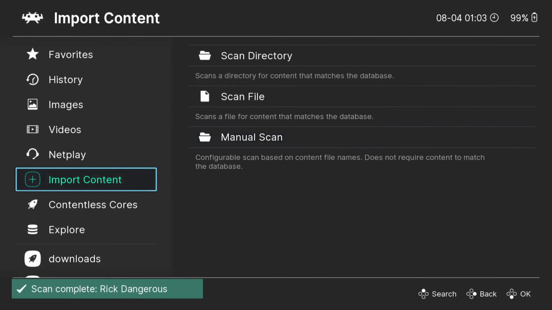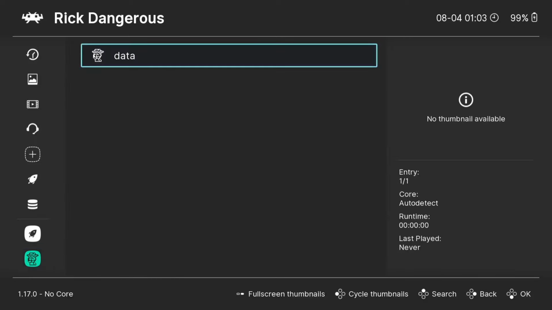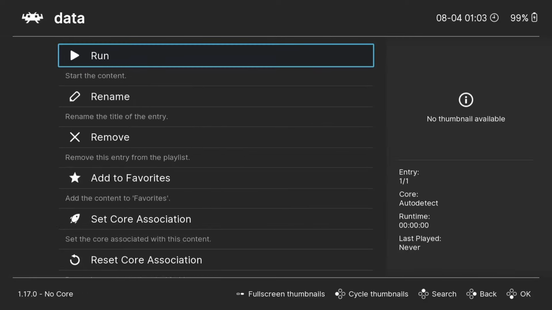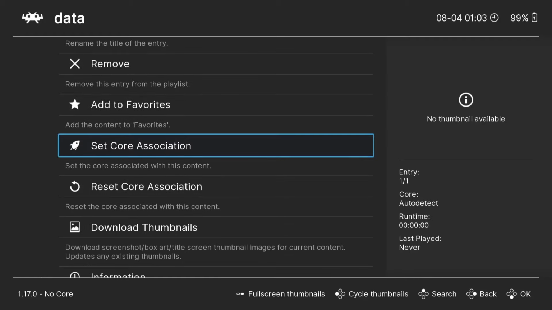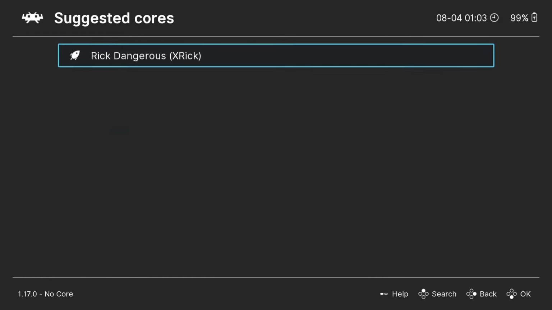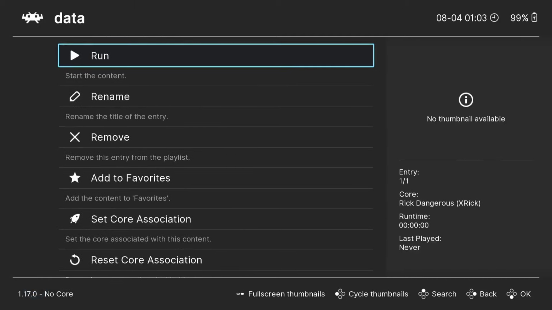And if I press B to come out, if we then just scroll to the bottom, we're going to find Rick Dangerous. We've got data. If I press run on this, and of course, we're going to go down to set core association again for this. So Rick Dangerous XRick. And if I then go to play the game,